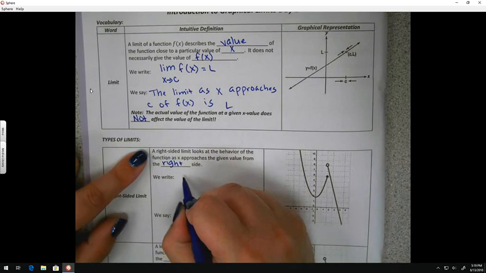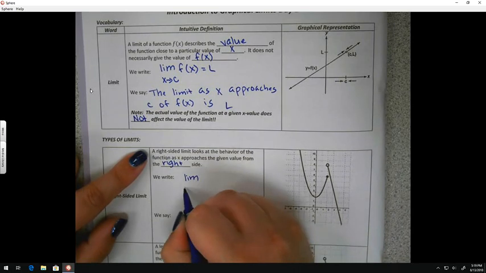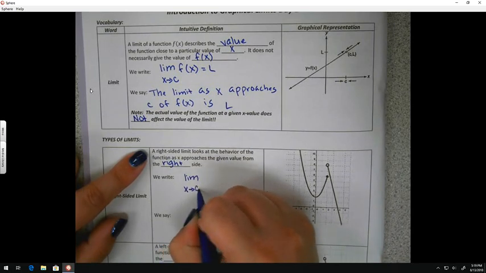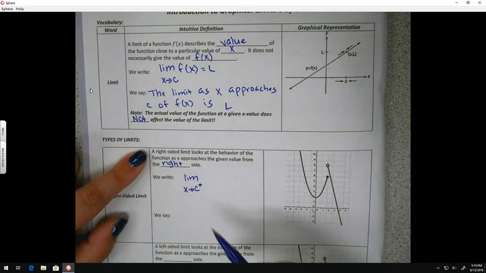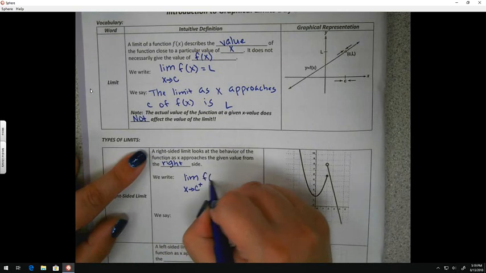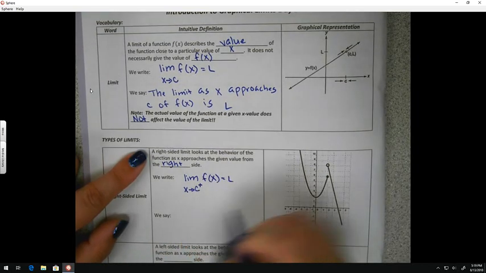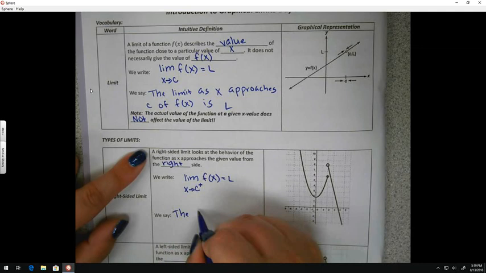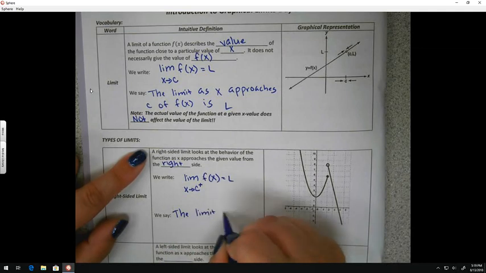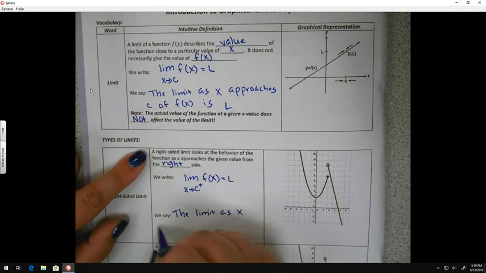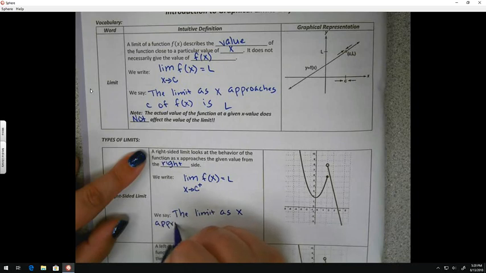So we still very similarly write limit as x approaches c, but now because we're approaching from the right, we're going to do just a little exponent of a plus sign of f of x equals L. So we say the limit as x approaches c from the right